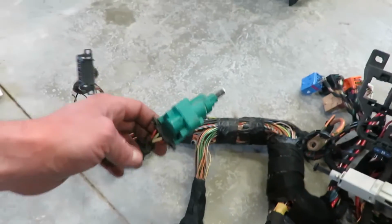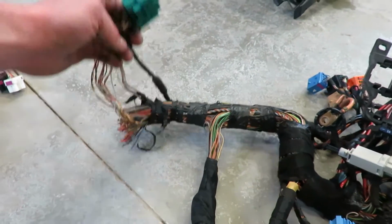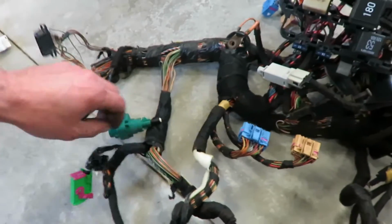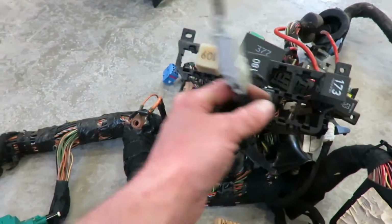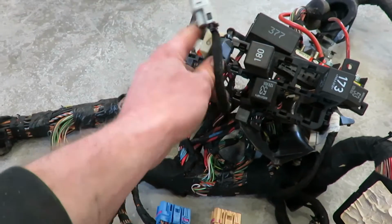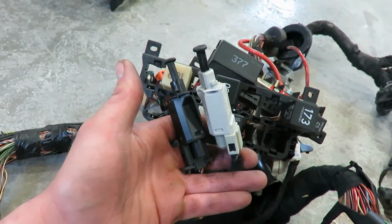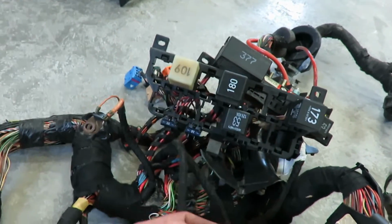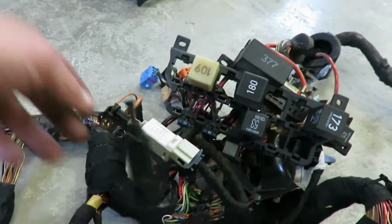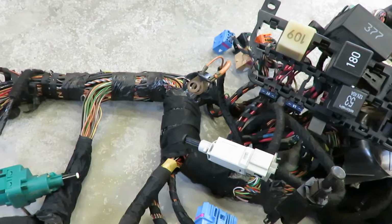Other than if you want cruise, you're gonna have to wire up the clutch and the brake sensors. There is one. The other one is somewhere in here, right here. The brake actually has two. I'm not sure exactly which one you need. One is for the brake lights, and one is to cancel the cruise control. I'm probably not going to use cruise on my truck, so I probably won't have to worry about any of that. But yeah,